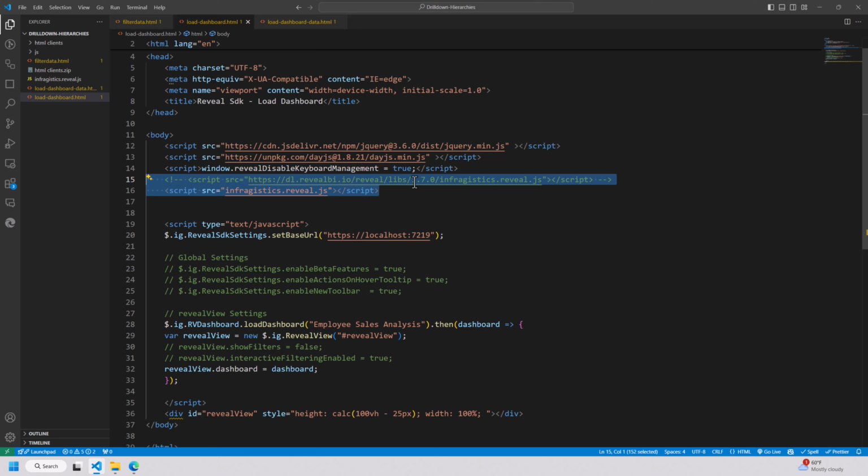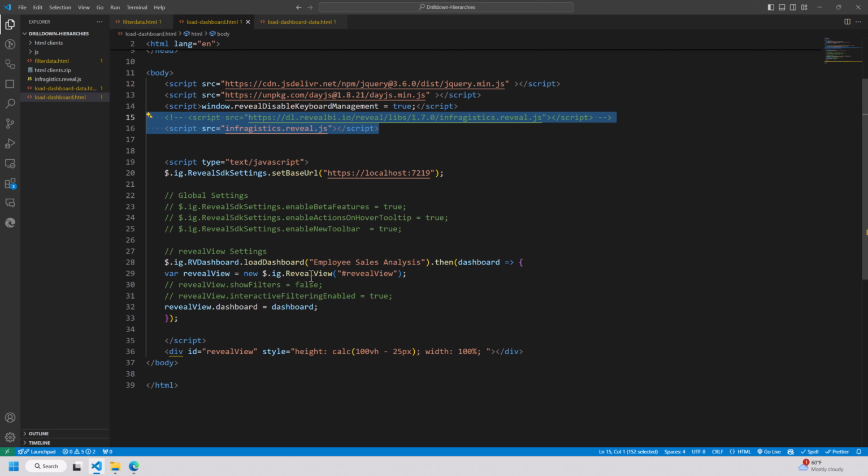One thing to note is I am using Reveal 1.7.0, which we just shipped here in September of 2024. So if you're looking at this in 2026, make sure you're probably looking at 2.7.0. But I'm using my local JavaScript file. Everything is up on the CDN. And you'll notice that I am simply calling the load dashboard function and loading that dashboard from my server